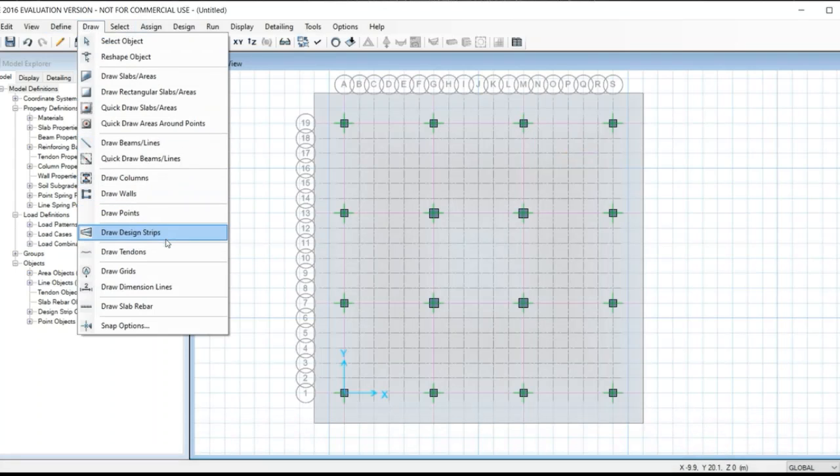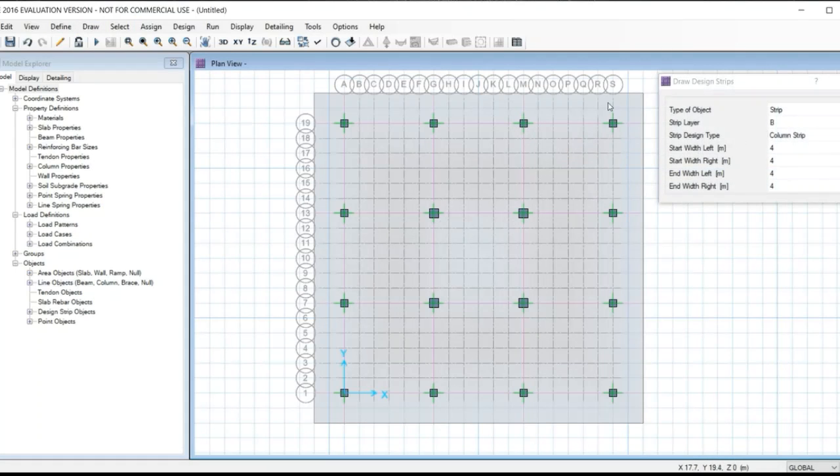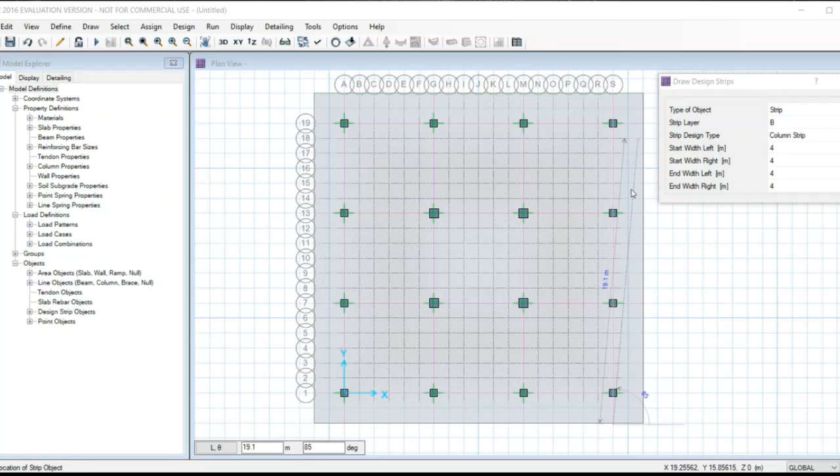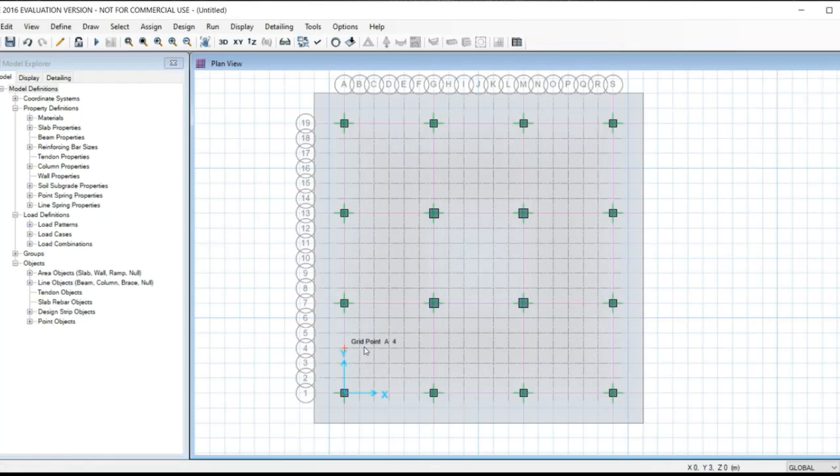Now go to draw. Sorry, I have left one strip. Now all done.